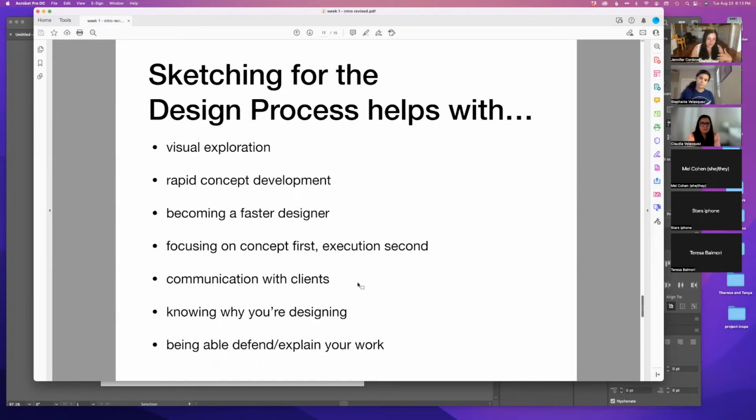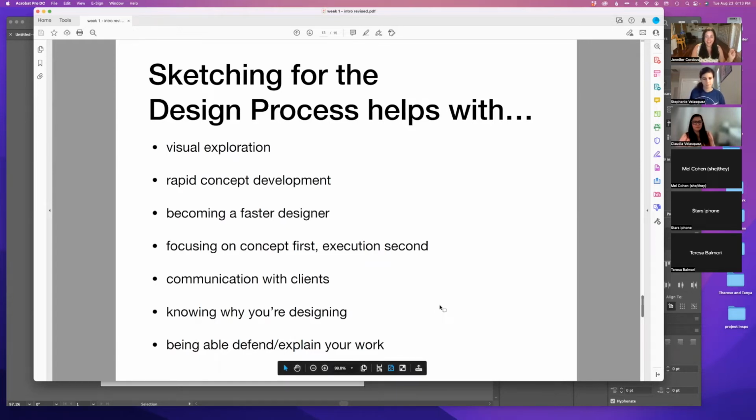Communication with clients. So again, you're describing something, and it's like, okay, is this what you had in mind? No matter how messy it is, sometimes just getting over that hump of making sure you're on the same page and showing somebody something really quickly can really be helpful. So you just sketch it out quickly.